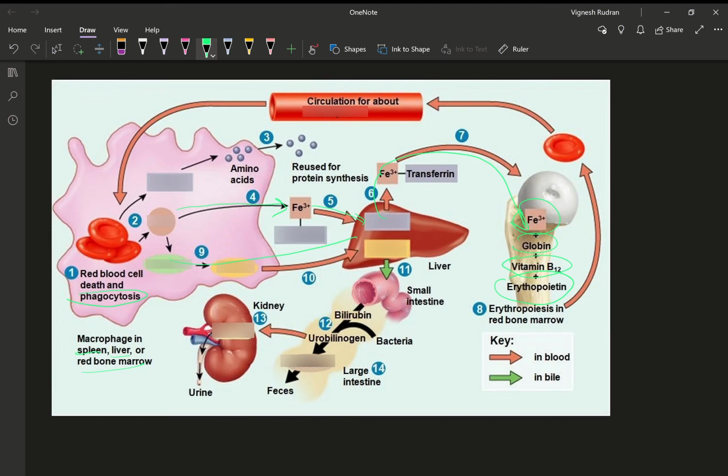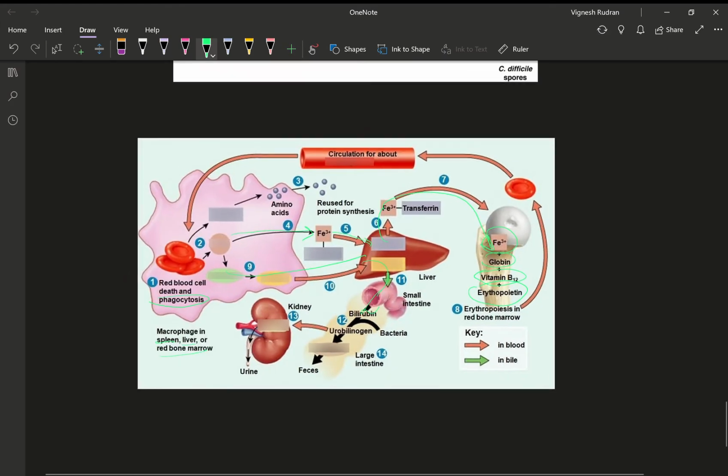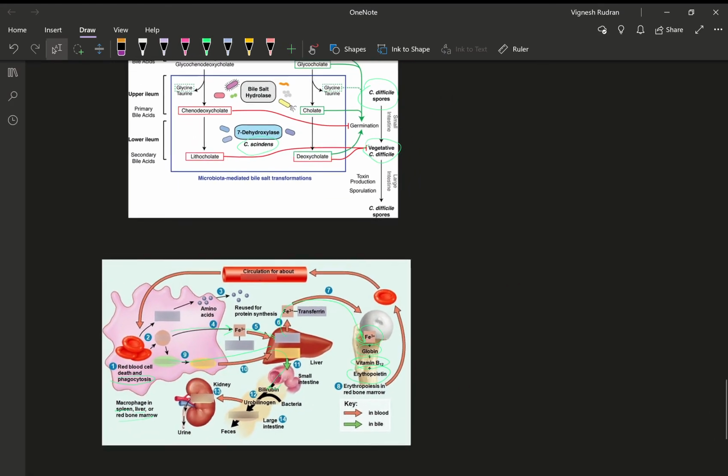The globin part is being converted into bilirubin or is being broken down into amino acids and it goes into protein metabolism. So the thing about bilirubin is it's converted into urobilinogen, which gives color to the urine, and stercobilinogen, which gives color to the stool. So those are things which you need to remember, and that will be all about the protein metabolism.